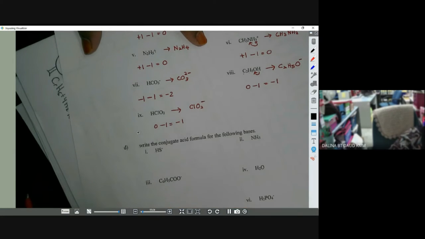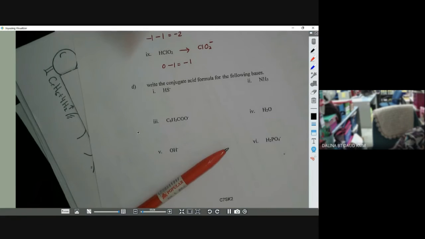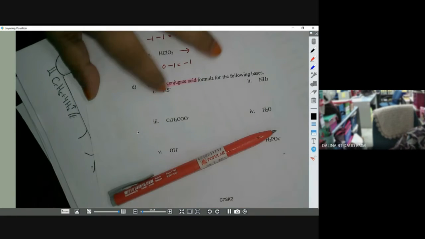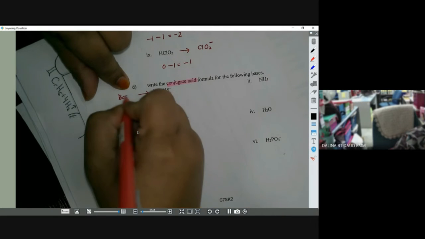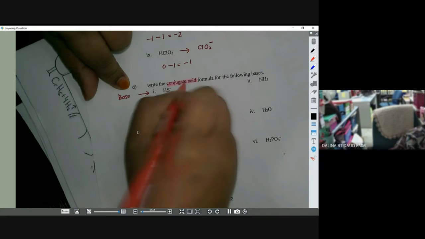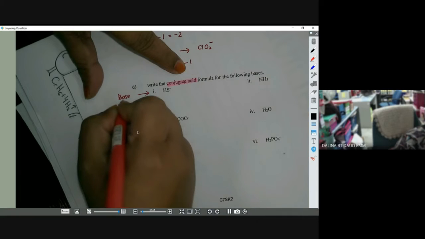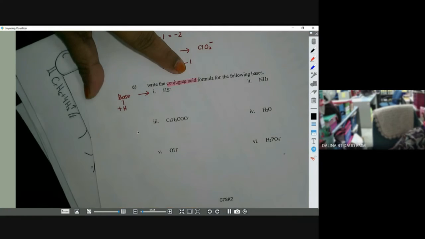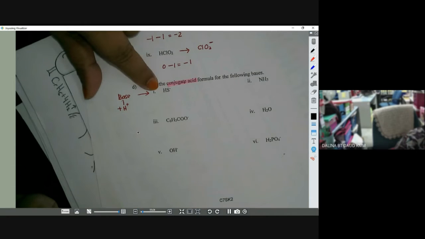Okay, write the conjugate acid. Now this is another one, conjugate acid. Dia nak conjugate acid. So automatically this is base. Sebab soalan dia nak untuk conjugate acid for the following bases. So base, it will accept H plus. So kita akan tambah satu H. So it will become